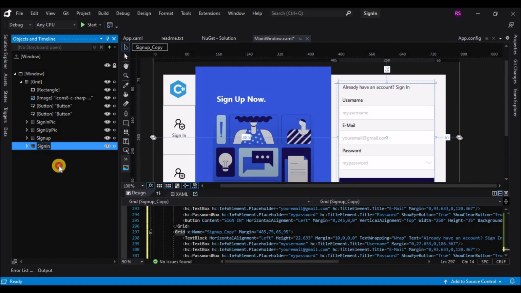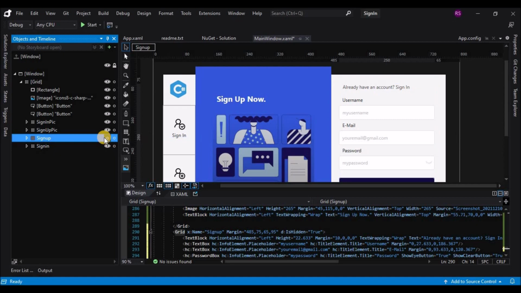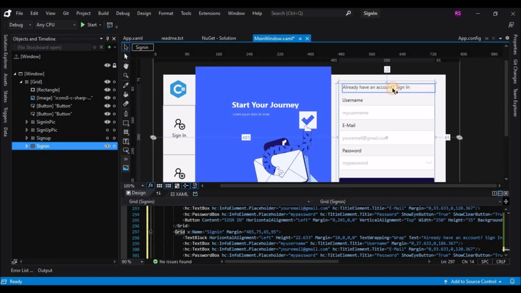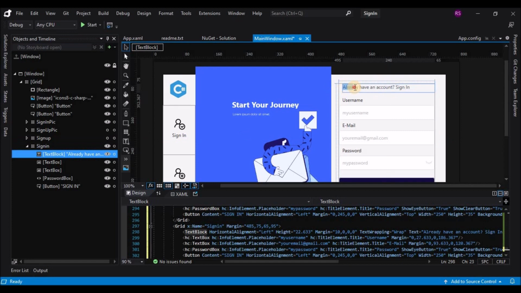Let's make a copy of the group and hide the controls for sign up and make the sign in controls visible.